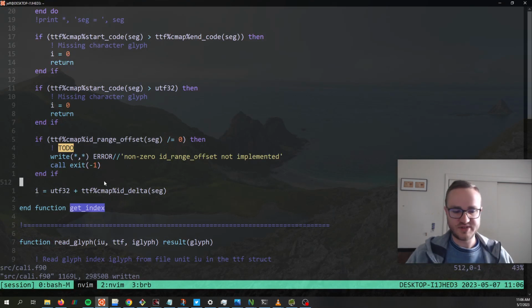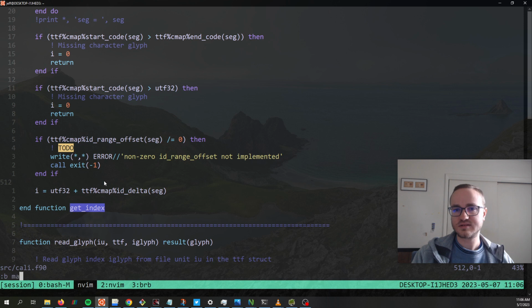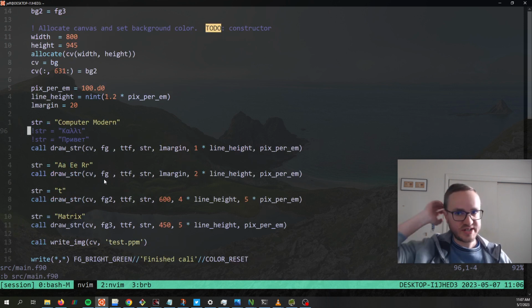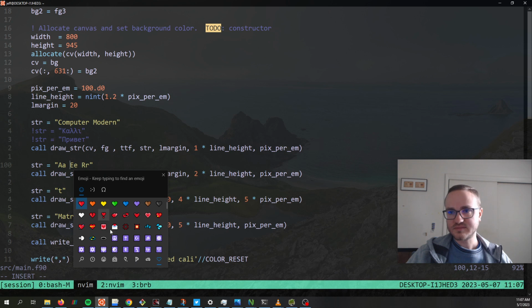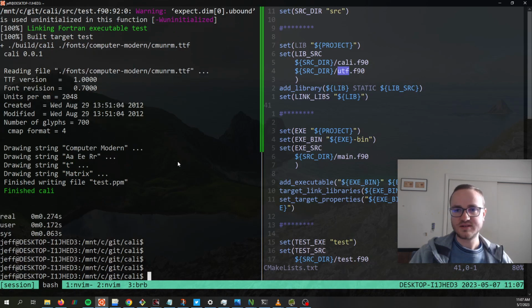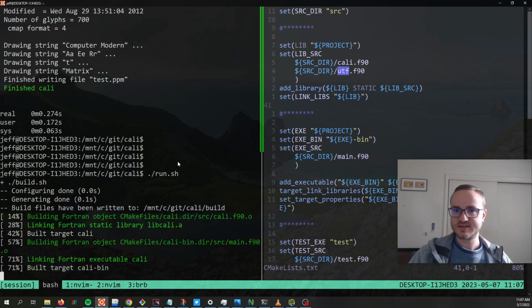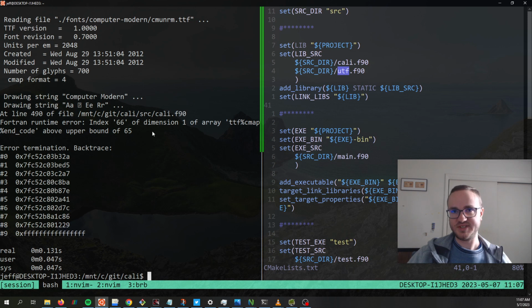So we should be able to test this. If I try to typeset an emoji, it shouldn't work. Let's put it here. I think this should crash. Yep. So what happened is we overflowed the CMAP encode because the code point for that emoji is greater than FFFF. But with a 2-byte encoding, you can't have anything greater than FFFF. So we keep looking for more encodes of the segments, but we don't find one,